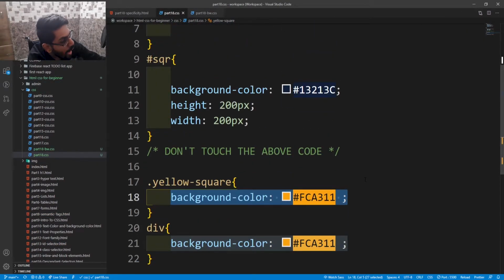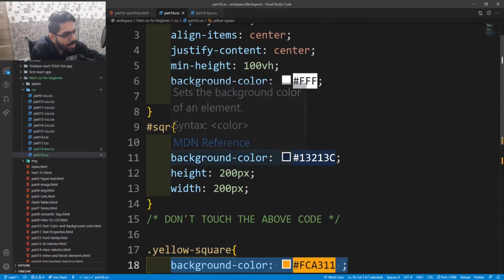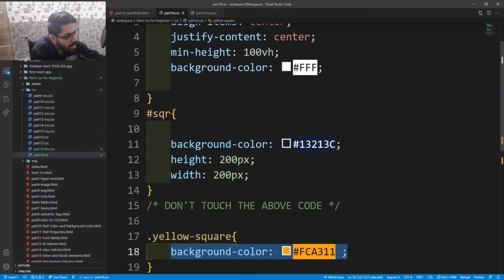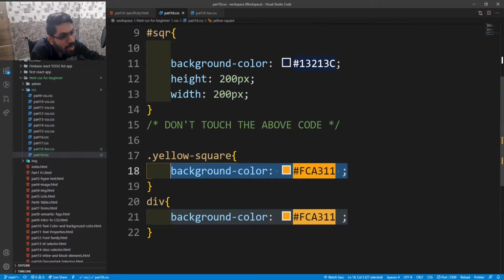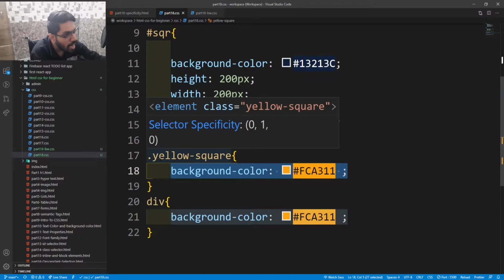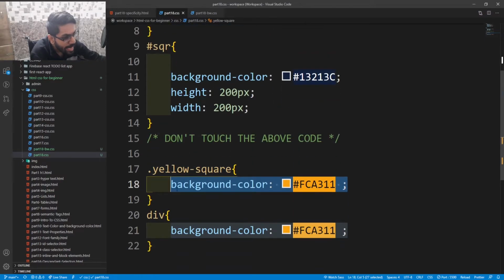Why is it not acting like we want? See, there is a conflict. We have background color with two different colors, but we have declared these background colors in different selectors. Here it's a class, here is the ID, and here is the element itself. According to the cascading mechanism, the last element should render, but it's not happening due to another concept,